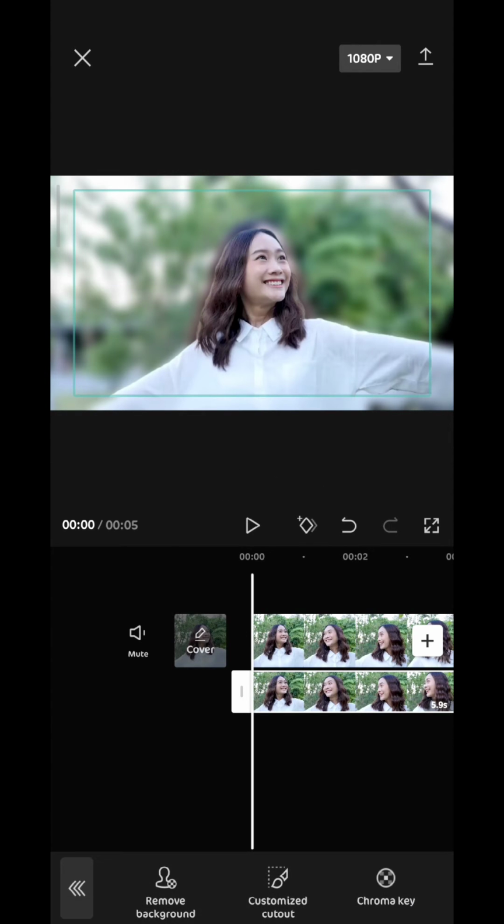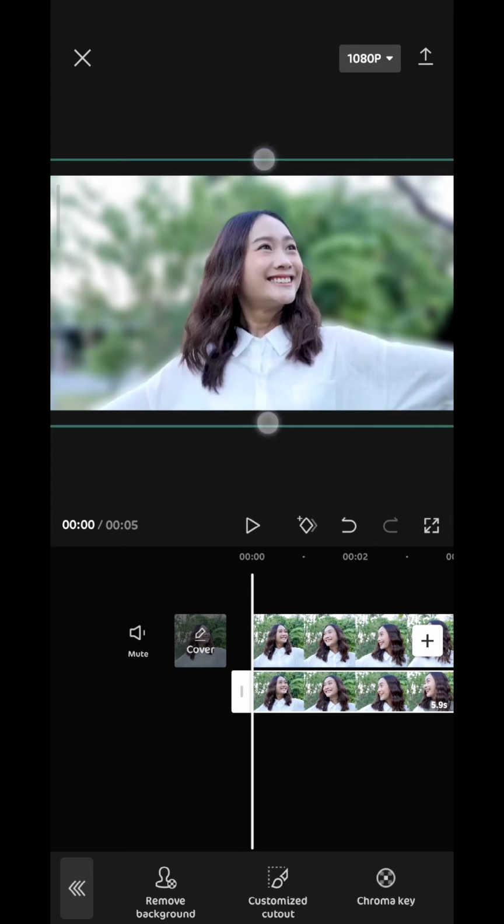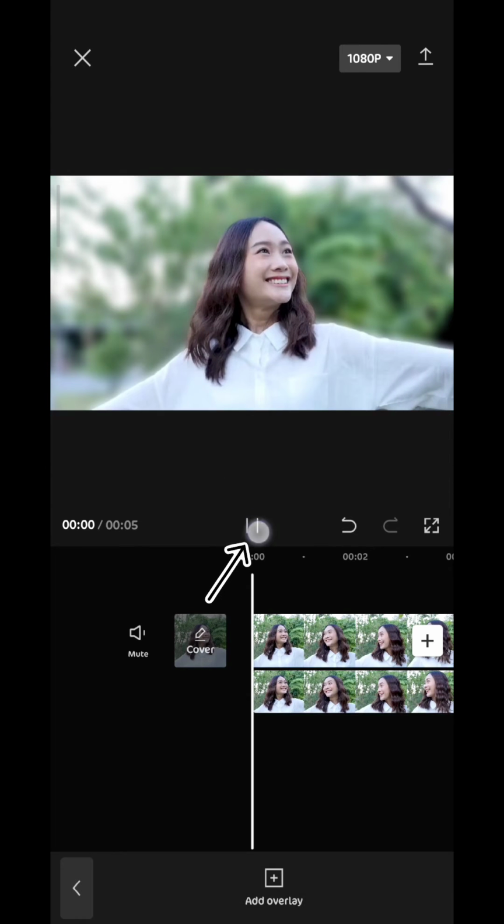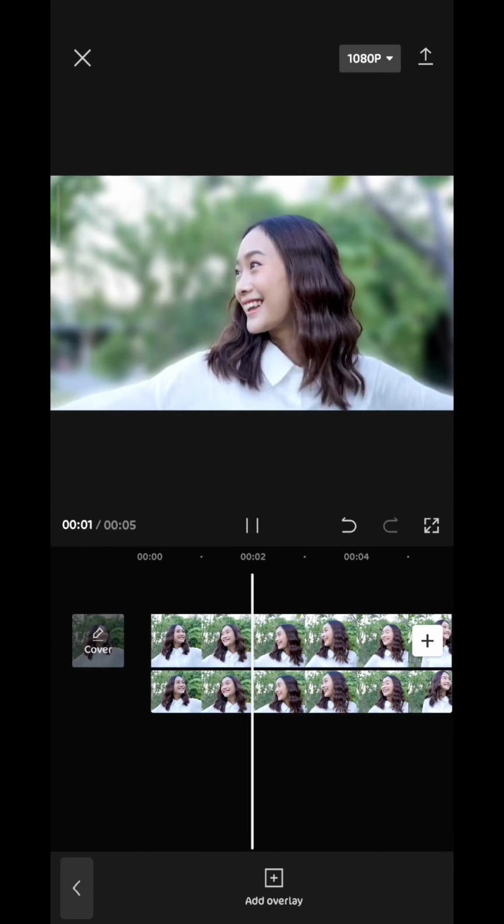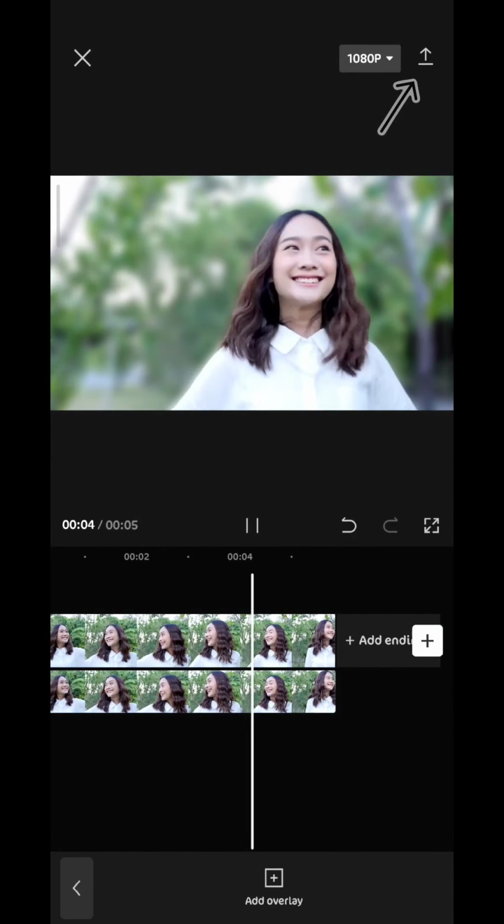When it is removed, go ahead and adjust the size of the second video to make it slightly bigger than the first one. Tap on play and you should find your video with the background blurred. Now from here you can tap here in the top right corner to save the video to your gallery, and